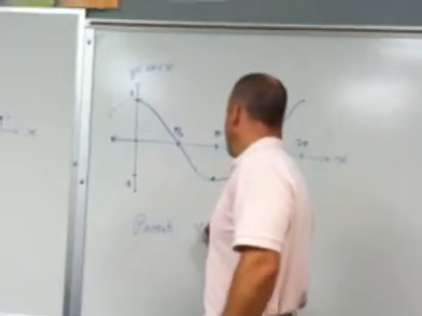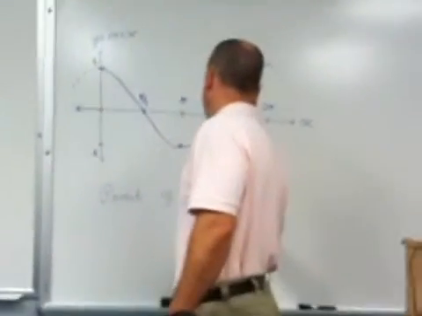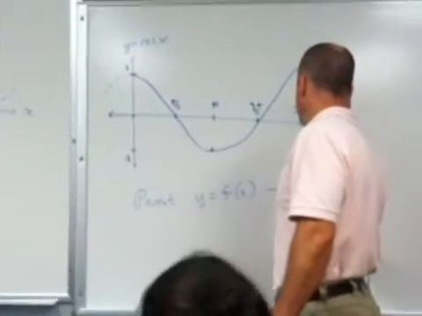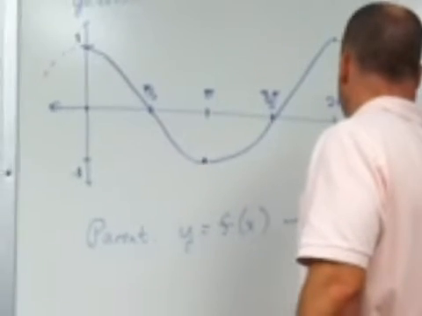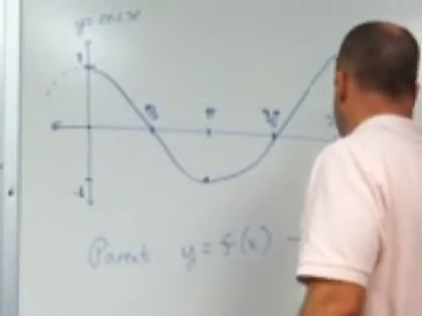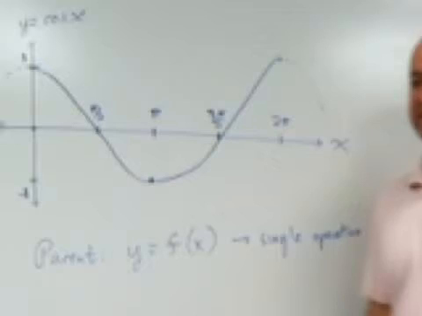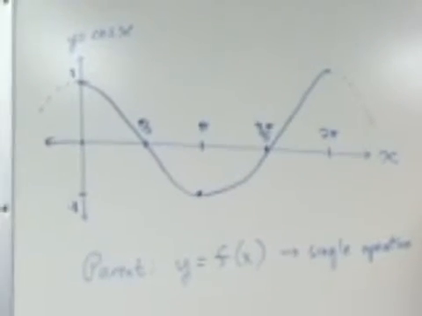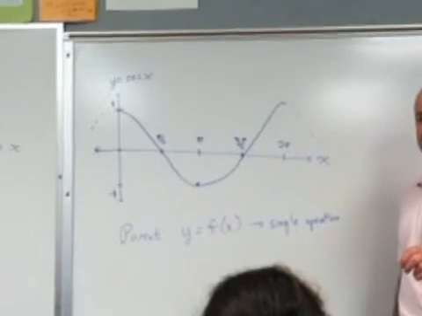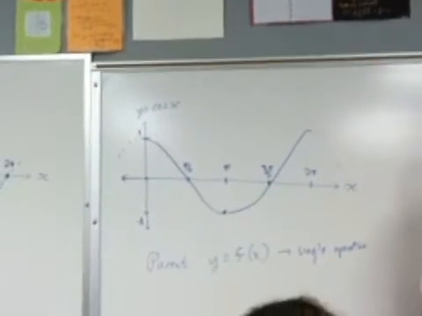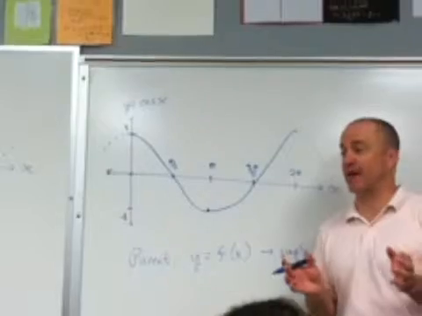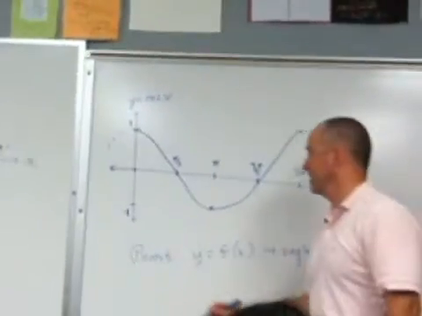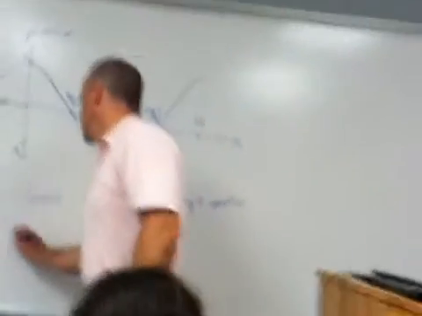I like to say, is just y equals f of x, where f of x represents a single operation. In this case, that operation is finding the sine or cosine of an angle represented by a point on the x-axis. Another parent function would be y equals x squared. That is the simplest parabola in the world. And all you're doing with that parabola is just squaring x. Okay? The child function,